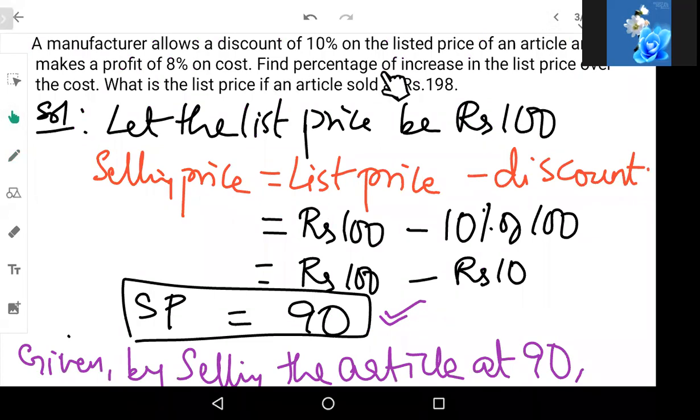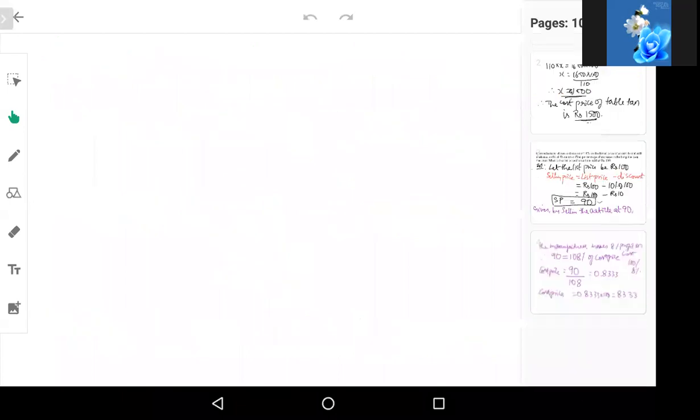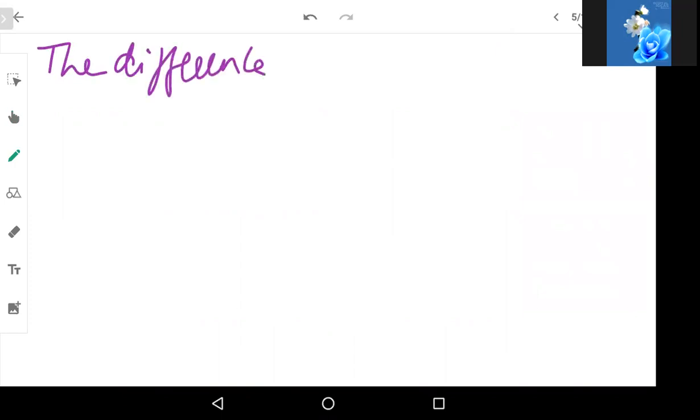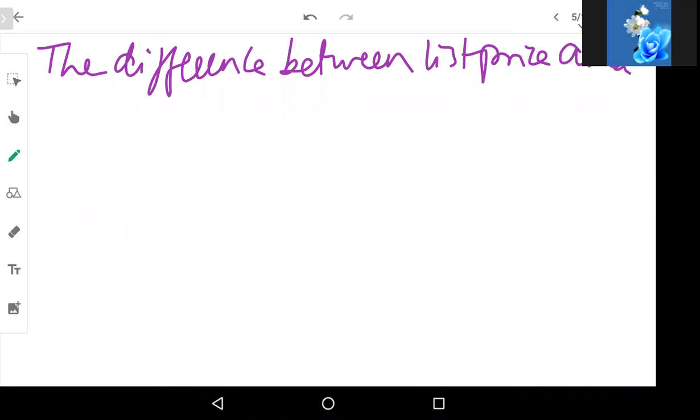Find percentage of increase in the list price over the cost. Okay, we have to find the difference between the list price and the cost price. So let us do that. So the difference between list price and cost price